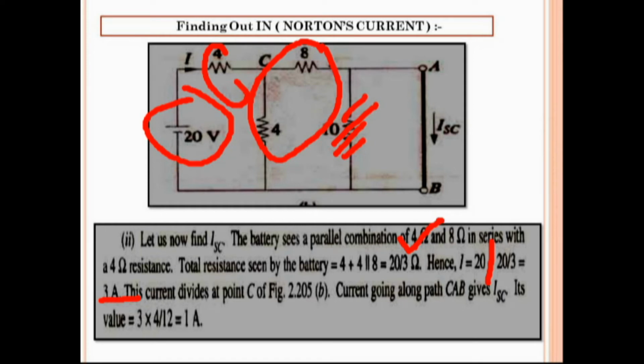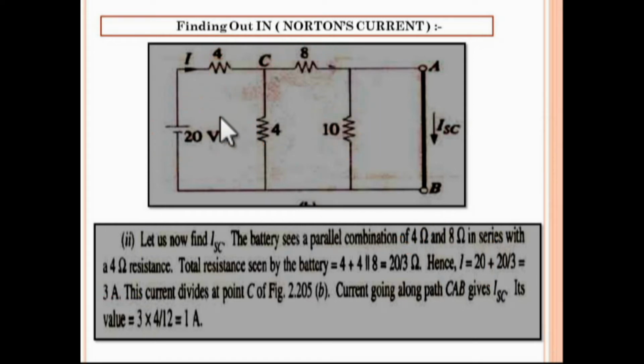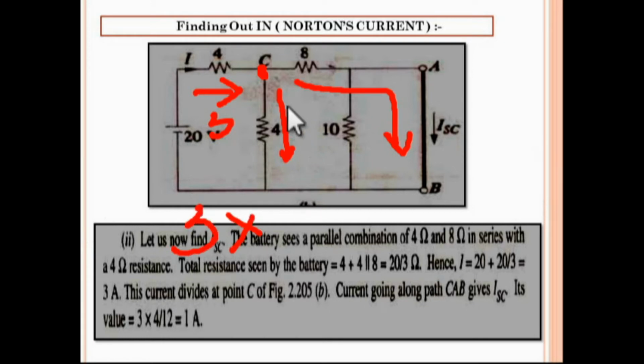Now you have to apply current division. सो गाइस, टोटल एम्पियर 3 है जो यहाँ से चलेगा. 3 ampere will flow and now it will be divided from this node. एक करंट यहाँ से पास होगा जिसकी वैल्यू आपको फाइंड करनी है. और एक करंट 4 ओम से पास होगा. तो अब आपको यहाँ पर करंट डिवीजन अप्लाई करना है. तो गाइस, टोटल करंट 3 एम्पियर इनटू इस ब्रांच में फाइंड करना है. You are finding out the current in this branch.